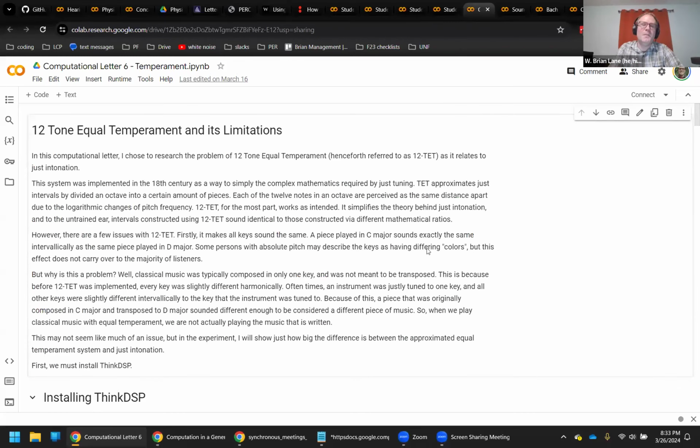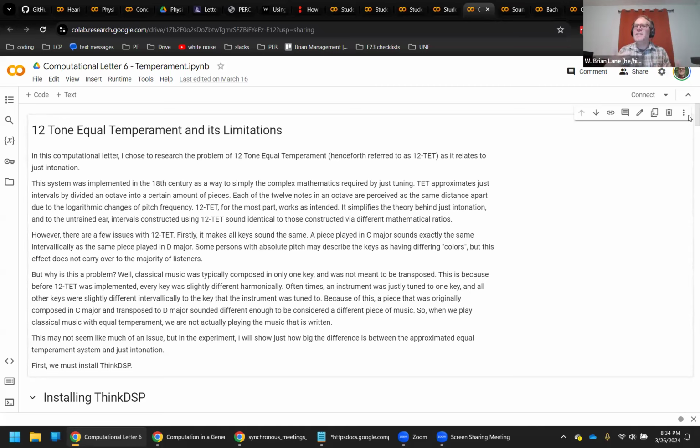All right, I mentioned on computational lab 6, for that last one, they had to choose their own project. So let me just show off a little bit of my students' work here. In this project, the students chose to work with temperament. If you're not familiar with it, temperament is this problem in music of we have these ratios for every note on the keyboard. How do you determine what those ratios are?